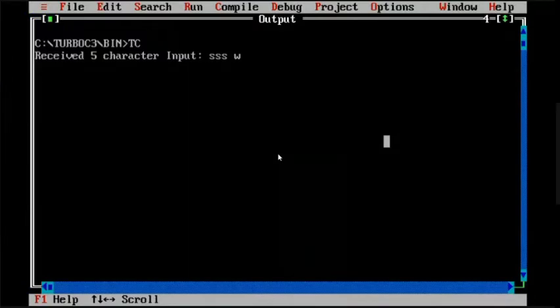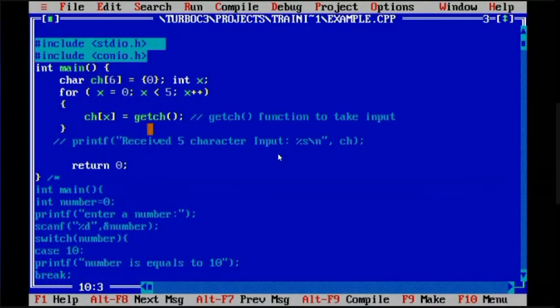No, ma'am. What happened is this type of use of getch will help you to type something in a secret way, like in the case of a password. When you are typing, you will not be able to see, but it will be taken.